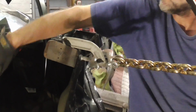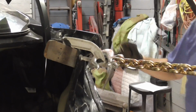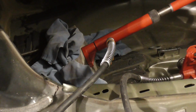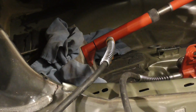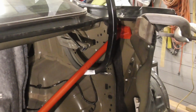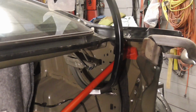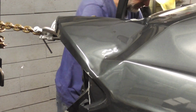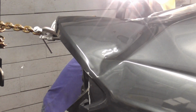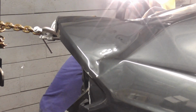And now I'm going to get a porta power inside there and try to push this quarter out. I'll move the camera so you can see that. And this is what the porta power looks like inside the trunk. We have the base against a block of wood with a bunched up shirt behind it, and then as we follow it along we can see that it's going to push up there against that dent. And now with a little pressure on here and some pressure on the porta power, we should be able to get that somewhat out so that we can start